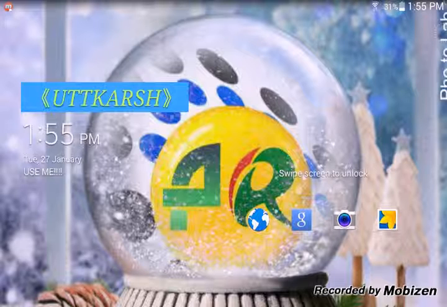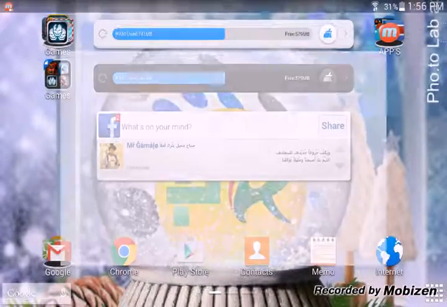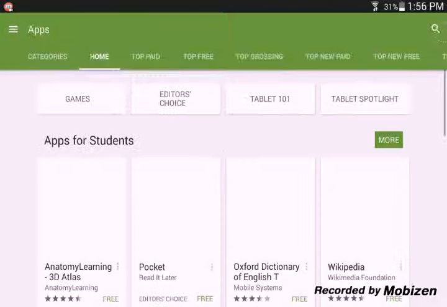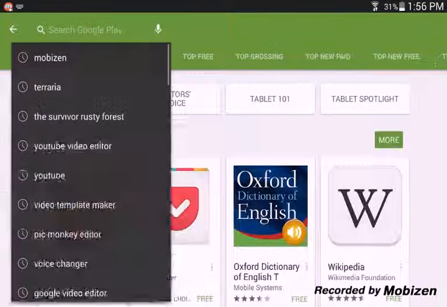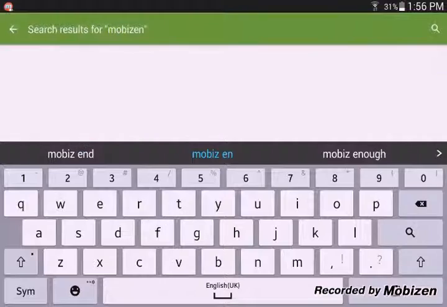So now let's start. Let's swipe the screen here and go to Play Store. Now I checked the name of my screen recorder. You should see it right here where my fingerprints are. Actually, it's right there, recorded by Mobizen. So I go to M-O-B-I-Z-E-N. I'm not sure, but it should be that.